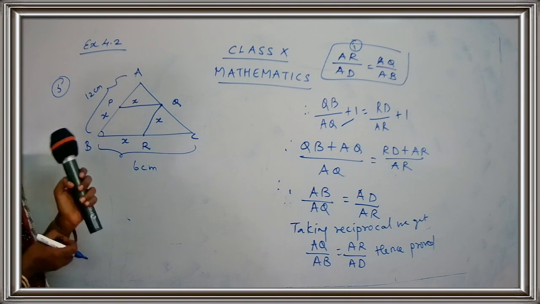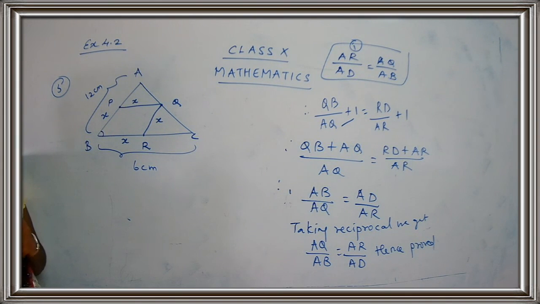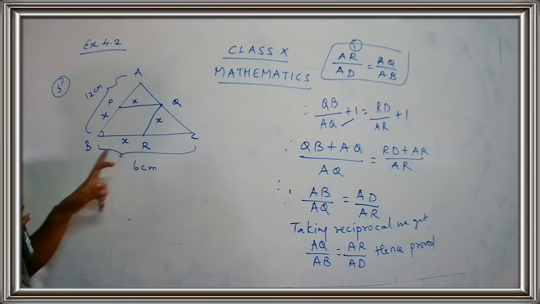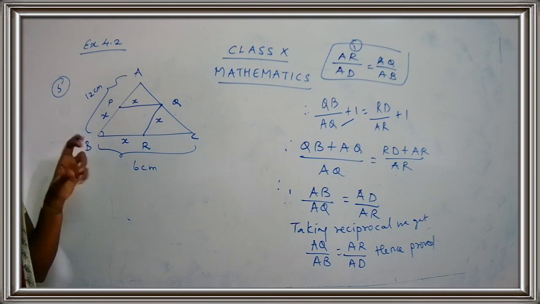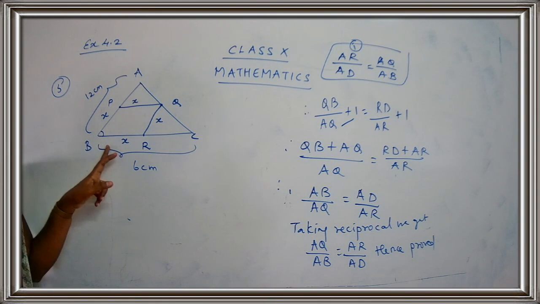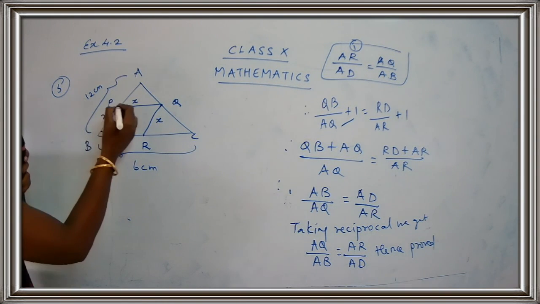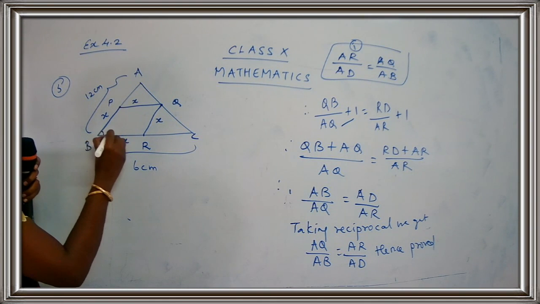Okay, children? Now one more detail you have to fill in is that the opposite sides of a rhombus are parallel to each other. What is the second property you have to use? The opposite sides of a rhombus are parallel. So tell me the opposite sides over here. Now PQRB is a rhombus. Which are the two pairs of opposite sides? The first one is PQ and BR. Agreed? PQ and BR are the opposite sides. I am not talking about the whole triangle. I am just talking about the rhombus. I hope you are able to see the rhombus here. Yes, this is a rhombus.